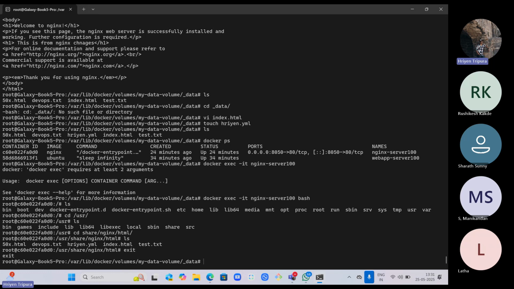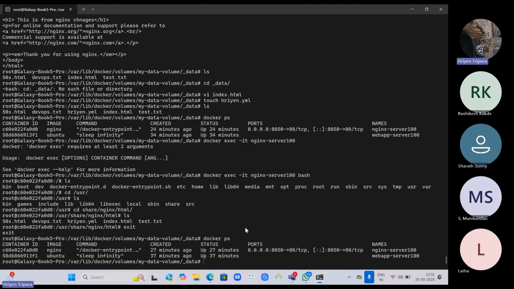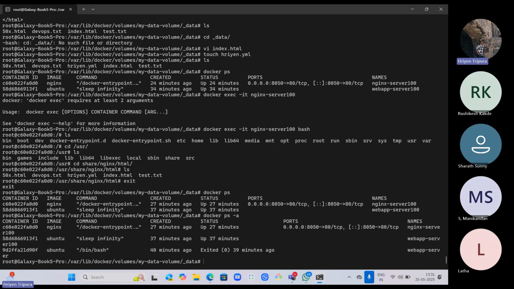So I will first check the running containers. How can I stop the container? Even if I use the -a option, including the stopped ones, I have a total of 3. Let's do one thing. Let me stop everything. How to stop? Docker stop